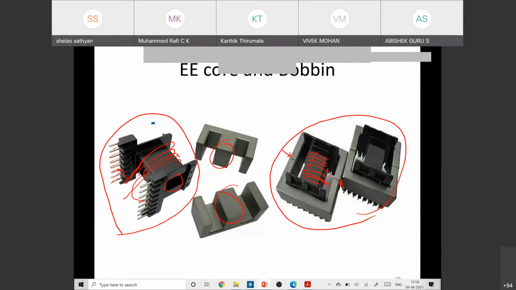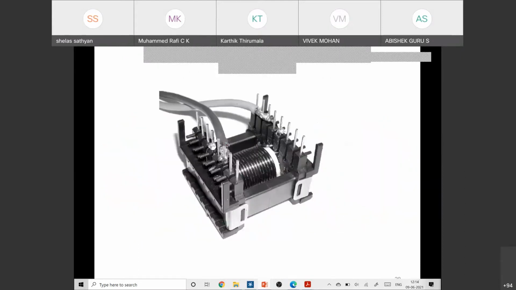So once you have wound, it will look like this. It is a copper wire we are using. So you can see the small air gap is provided in between the core, and the number of turns as per our requirement we have wound, and the leads have been taken to one of the bobbin leads, and this wire will be going into the PCB. In fact, you don't need to connect an external wire if you're making the final product, because this lead itself can be directly mounted on the PCB.